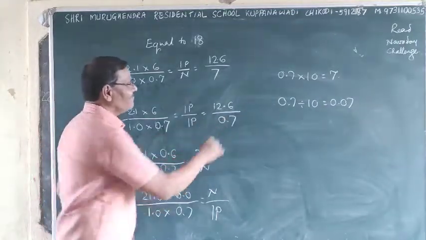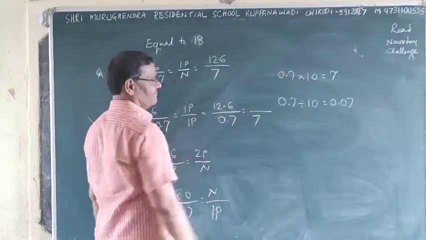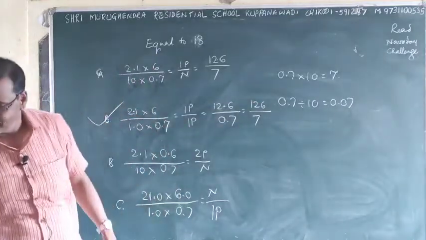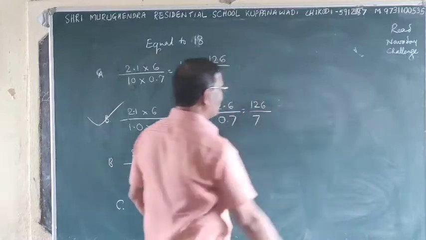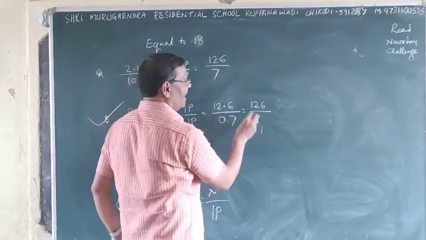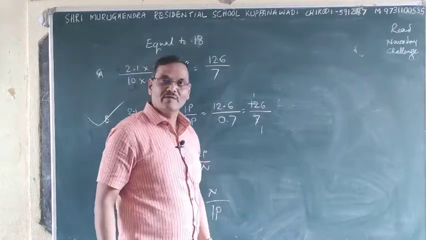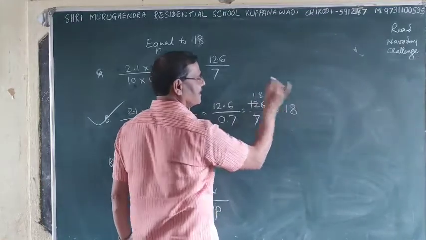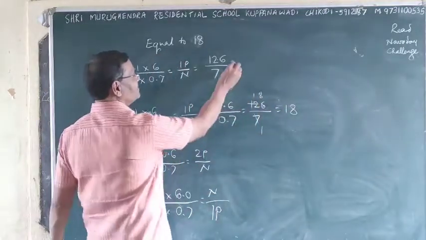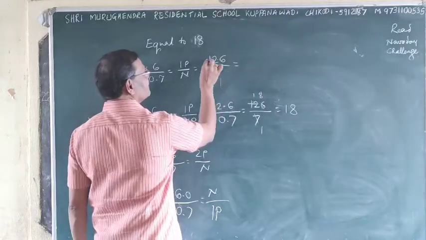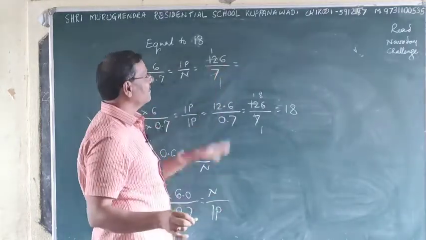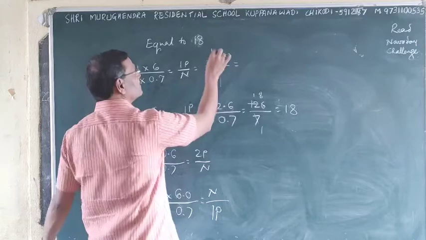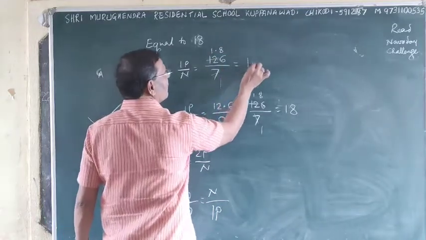See. And what happens here is 7. One place gone and it became 126. Isn't it? Then what happens here is 7 1s are 7, what remained? 5 remains. 7 8s are 56. Then it is 18, na? And here what happens? 7 1s are 7, whereas 5 remains. 6 from where you are taking? From the decimal side you are taking. So 1.8 came.